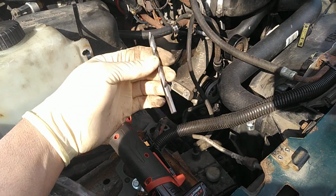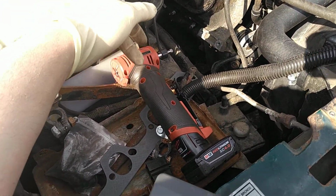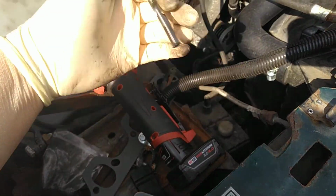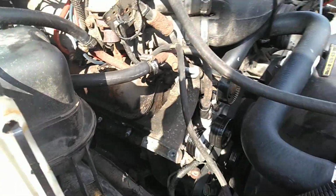Obviously it's gonna be a bigger hole than stock, but literally this thing here just had it out like it was nothing, and then this just drilled it out. So quick video on that. If you guys break off a, here's the hole. It looks bad because it's hard to get at, but